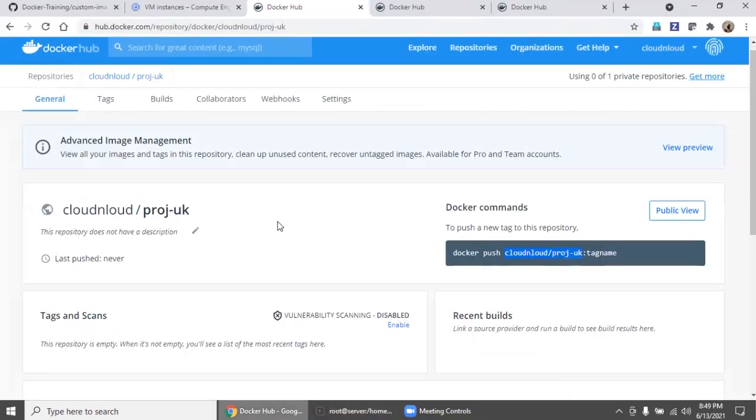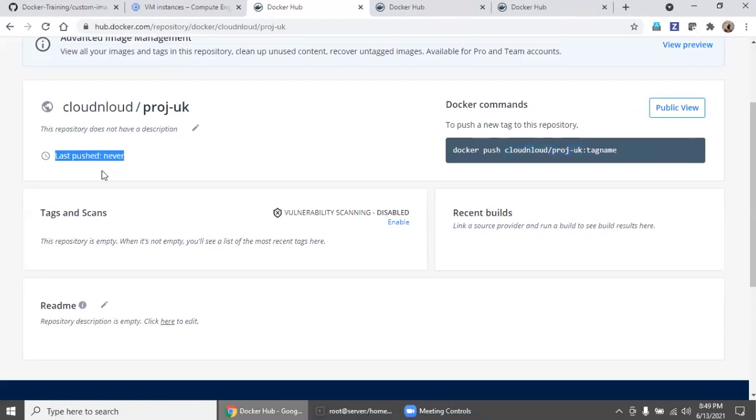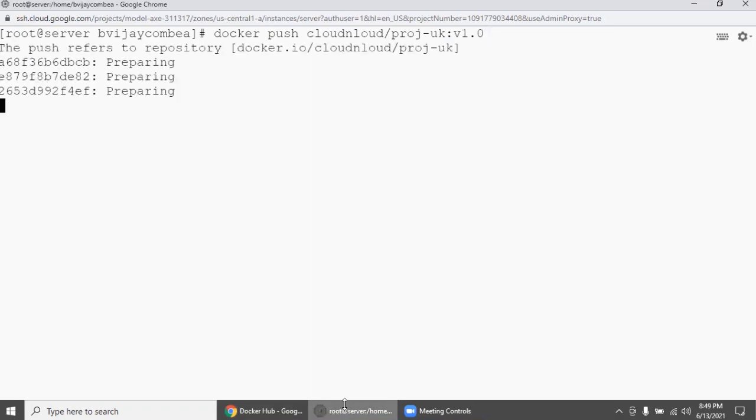If you push now, it should work. But before you push, go back to this and make sure you are able to see this. There is not even a single push that has happened yet. Now come back and say push. Now it's getting pushed correctly.